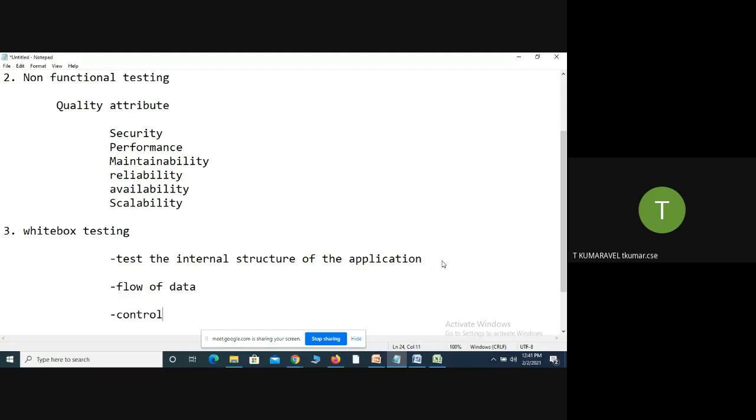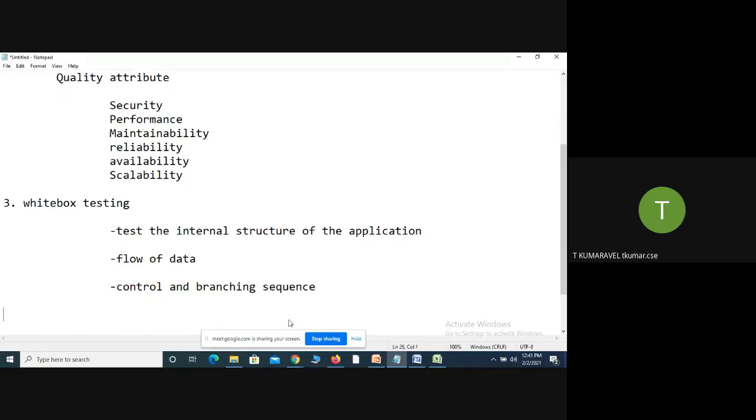The tester should also have knowledge of the algorithm, and what type of data structure is used in the program, in the enterprise application. So these are the things.